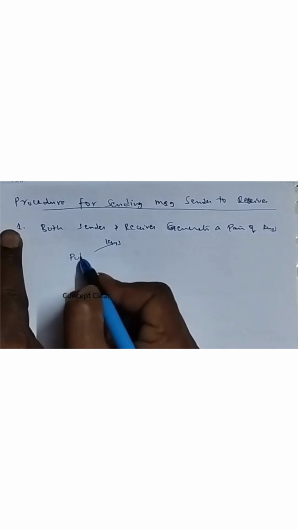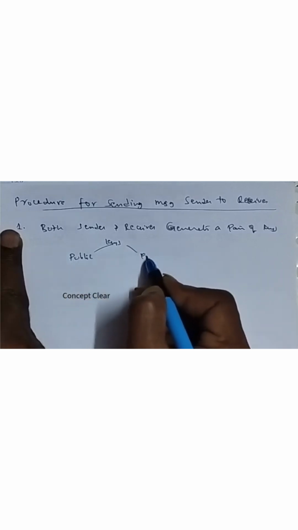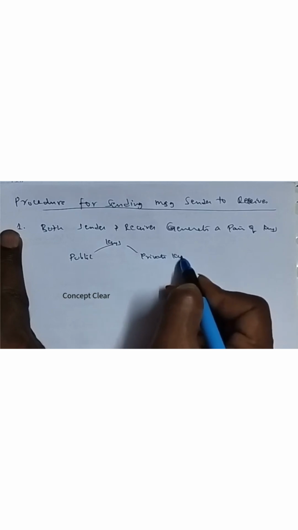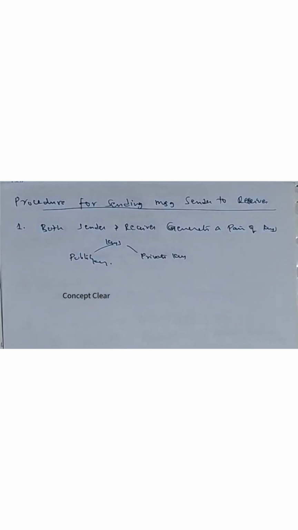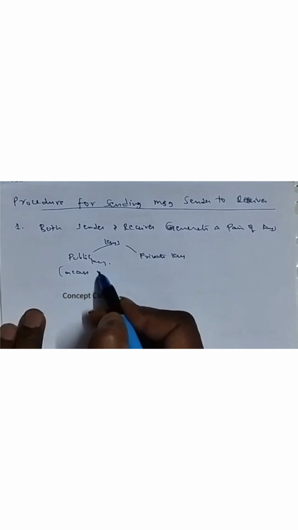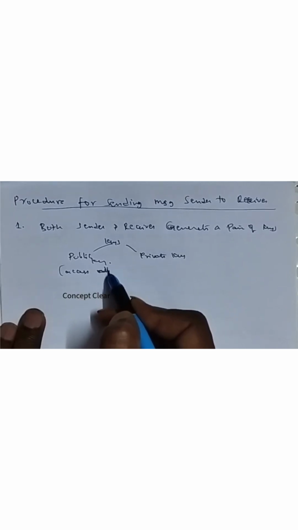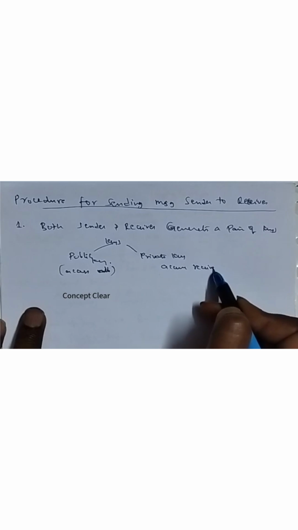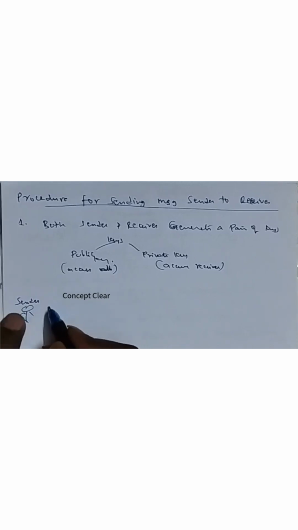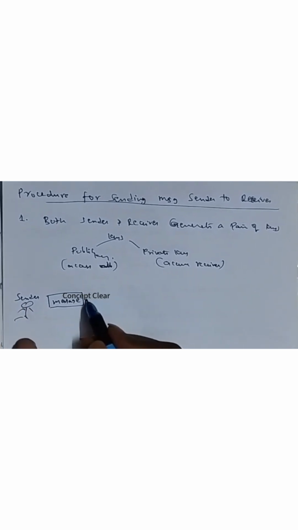These are the public key and the private key. Public key means what? Access for all. Private key: access for the receiver only. Okay, first is the sender. The sender will generate a message that will be sent into